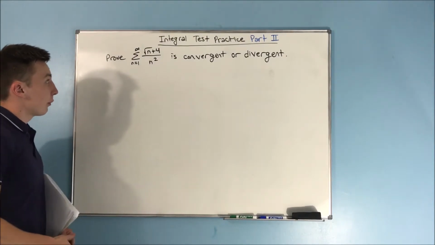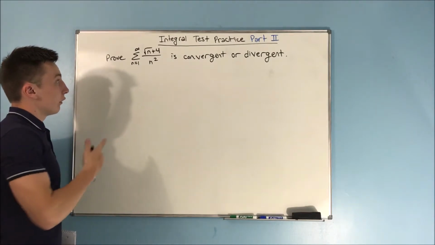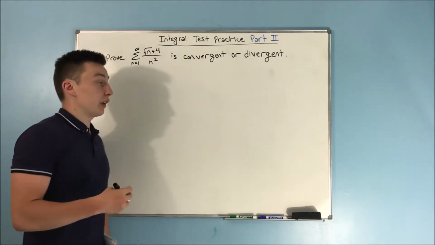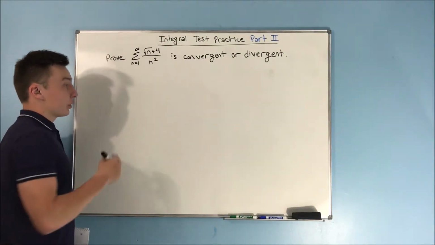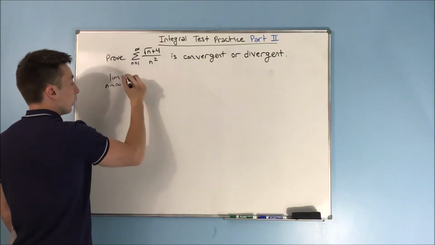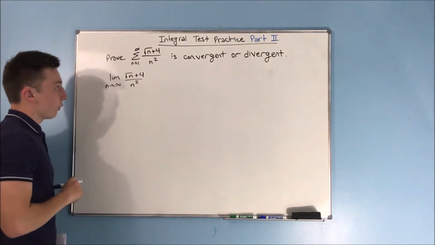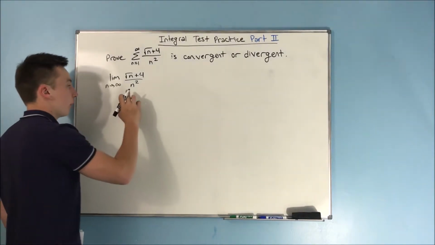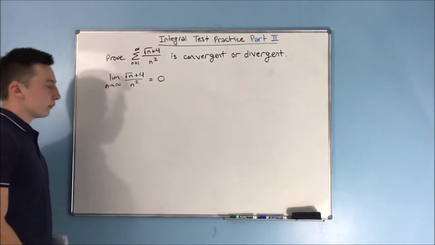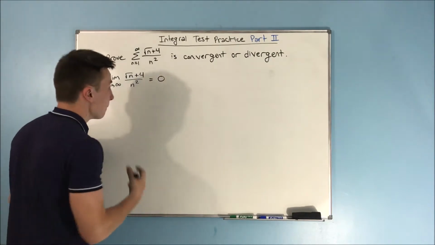So we have another problem up on the board here. We want to prove that the sum from n equals 1 to infinity of rad n plus 4 over n squared is convergent or divergent, okay? Now, first we need to, of course, do our test for divergence. The limit as n approaches infinity of this series here, rad n plus 4 over n squared, and we have the higher power of n on the bottom here. You can tell that this is going to equal 0. All right, now this means the test for divergence will not tell us anything, so we need to move on